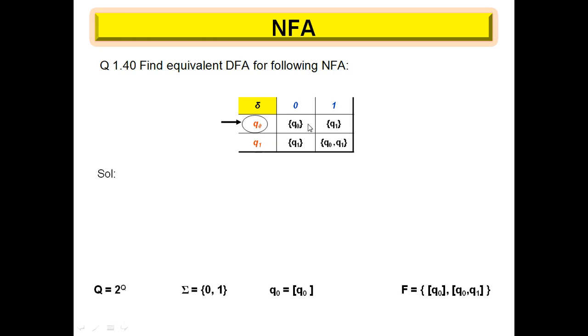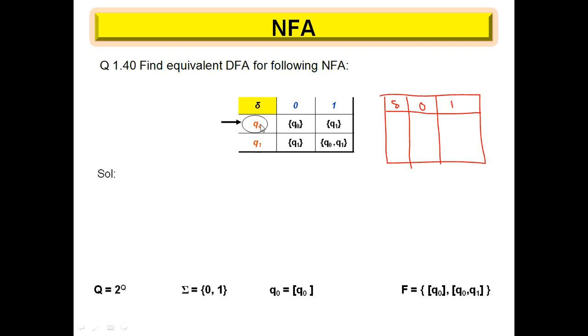So in an NFA, in the transition table, we are going to put the states inside curly braces. Okay, so let's see the procedure. While converting this NFA to DFA, first of all construct a table like this one. Put the delta here, and we have the inputs, that is 0 and 1.